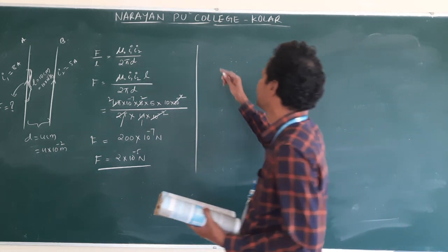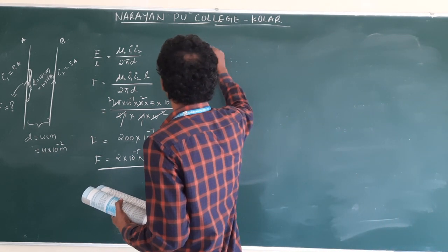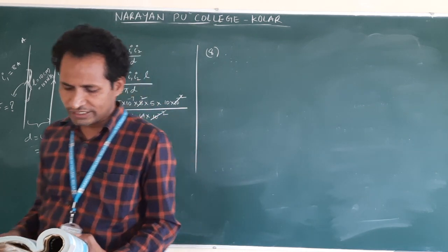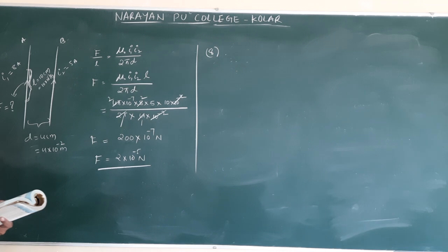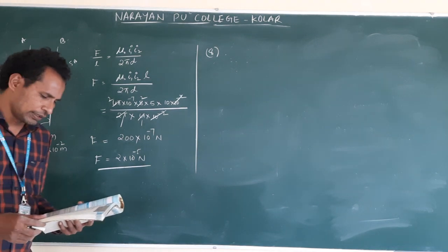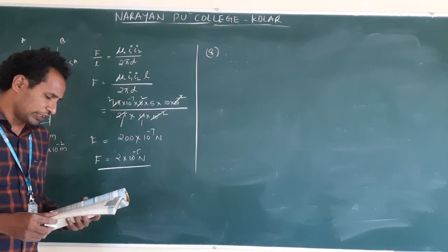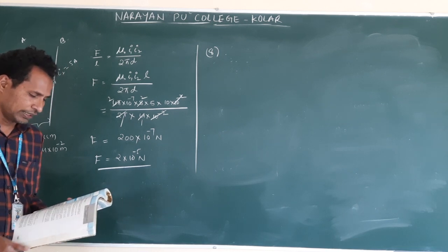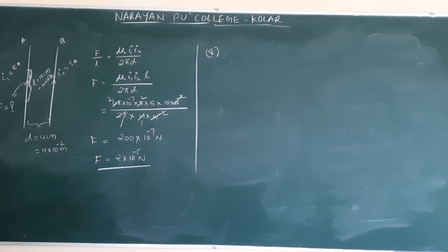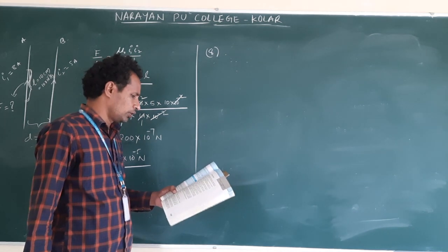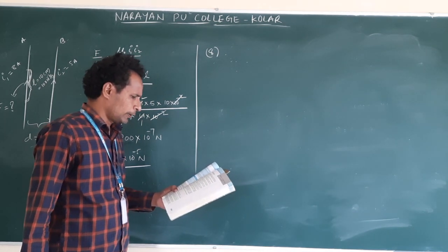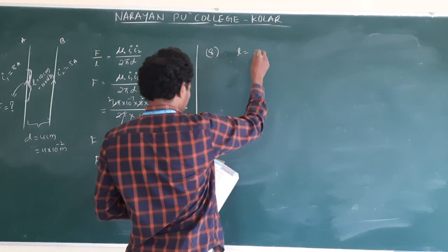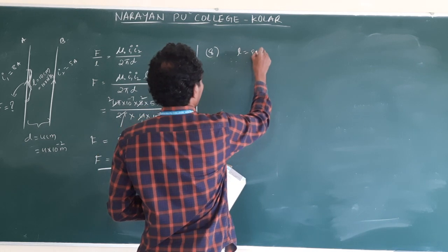So this is the 8th question. Clear? What did they give? A closely wound solenoid, 8 cm long, and how many layers? 5 layers of windings, 400 turns each. Diameter 1.8 cm. Current carried 8 amperes. Estimate B. Okay, now solenoid length given, L is equal to 80 cm long.